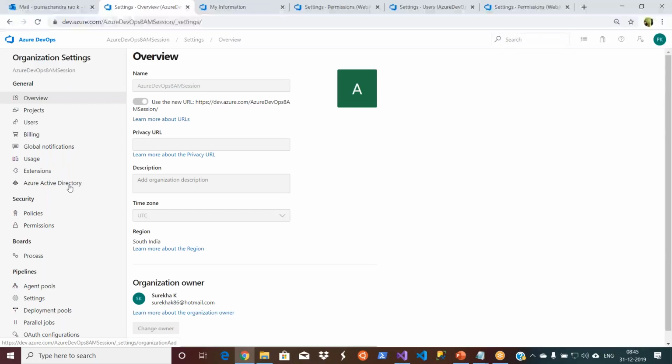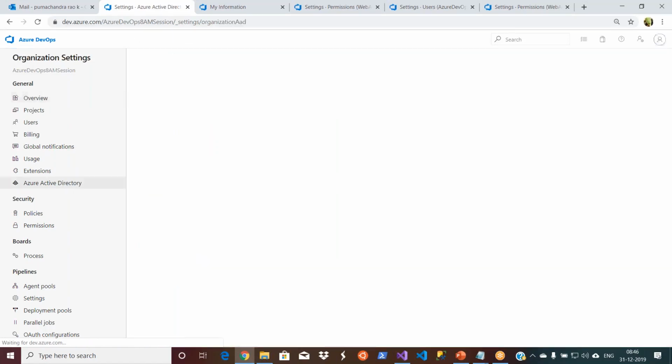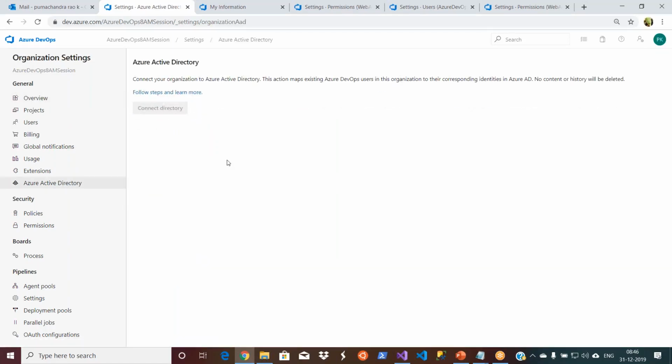Active Directory or any IAM integration is not at the project level. If it has to be at the project level, first it has to be at the organization. Without implementing your AD at the organization, at the server level, you cannot propagate it to your teams. In the same way, if I have to use Active Directory authentication or add users from the Active Directory to my projects, first I have to configure my organization with the Active Directory. You can use Azure Active Directory by default.